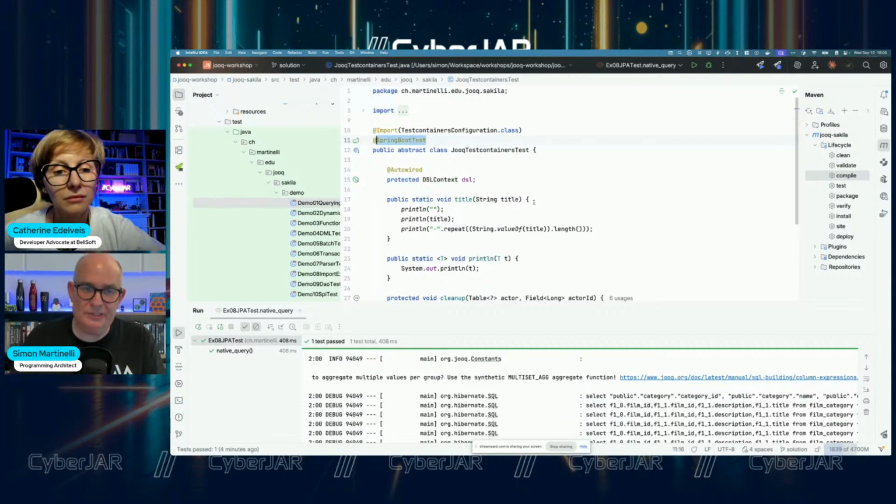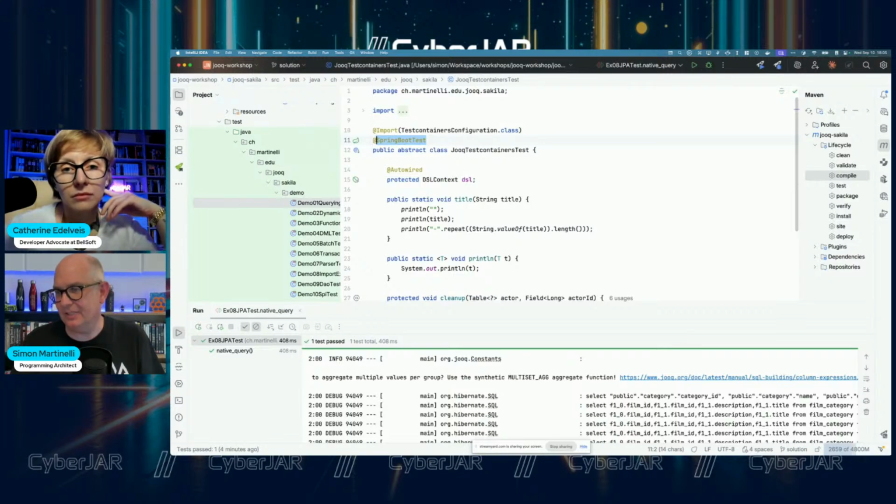I could use a JOOQ test. And that's also contained in the Spring Boot JOOQ starter. And JOOQ test would just create a DSL context configuration plus the database connection. But because I'm mixing JPA and JOOQ, I cannot use that and use Spring Boot test instead. So that's the reason for Spring Boot test. If I just had JOOQ in my tests, I would just use JOOQ test as an annotation.